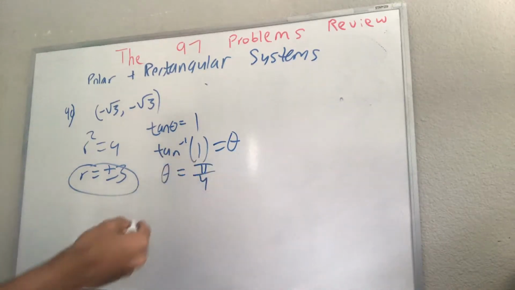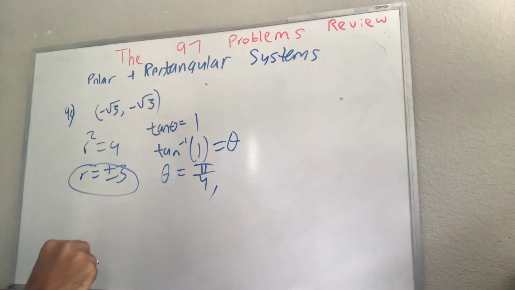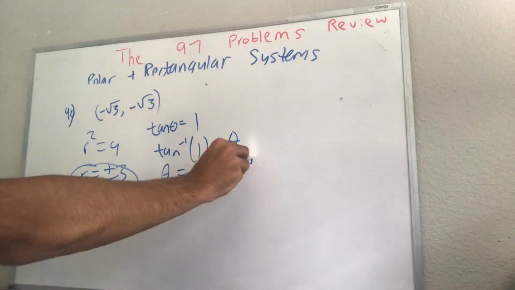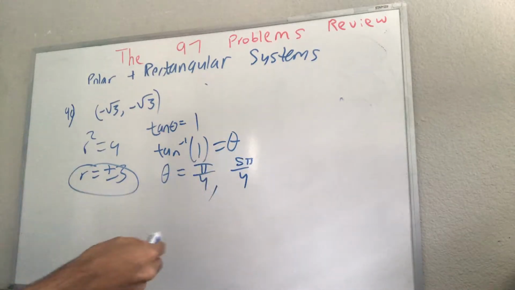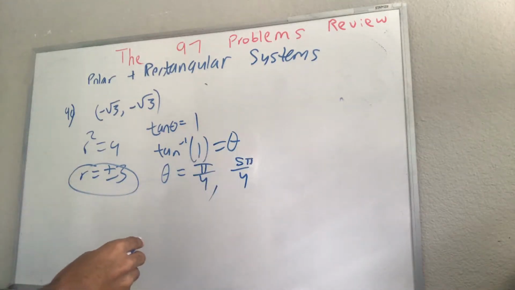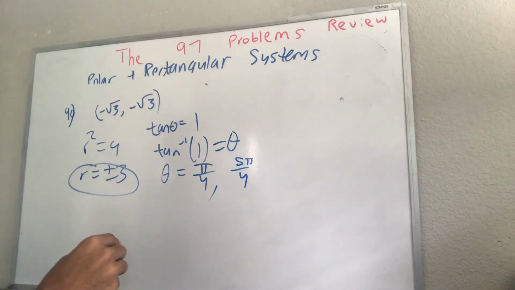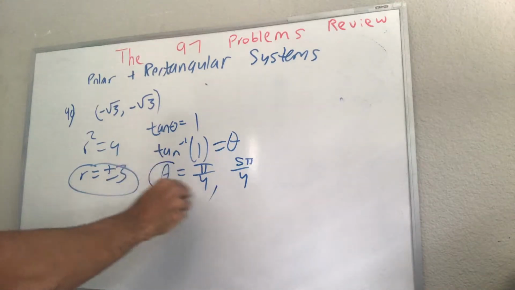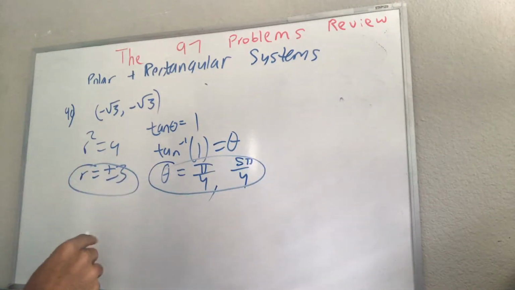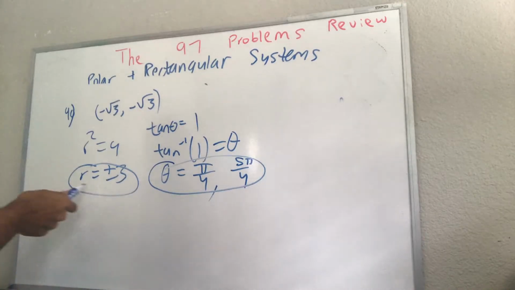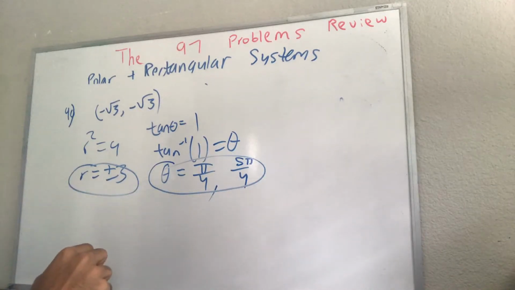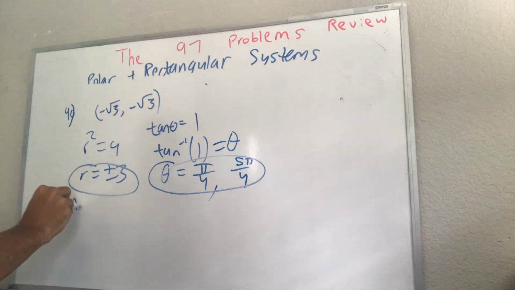Again, in the first quadrant it is positive, that's the reference angle. And then in the third quadrant it would be 5 pi over 4, because it's all students take calculus, so take, right, that's where tangent is positive. So theta is equal to pi over 4 comma 5 pi over 4. So those are the angles we have, and that's the radius that we have, right? So now when we're talking about our possible answers,